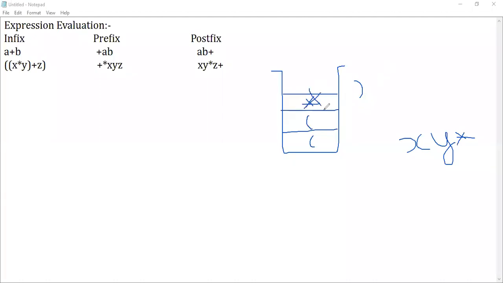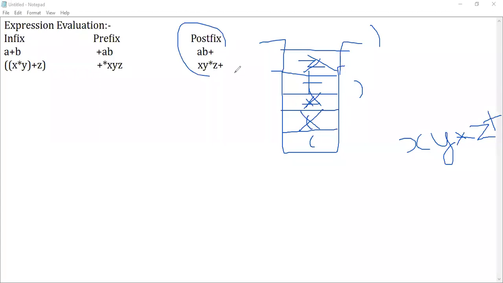And after this the equal matching is found. So this is also popped out. Okay. And the next element is followed by plus. And next is z. And after it we are having a closing symbol. So whenever I find a closing symbol, I'll find the equal open symbol. Now what happened? z will be popped out. So this is popped out, and the next element is plus. This is how your postfix works, guys. So after this this will be popped out.